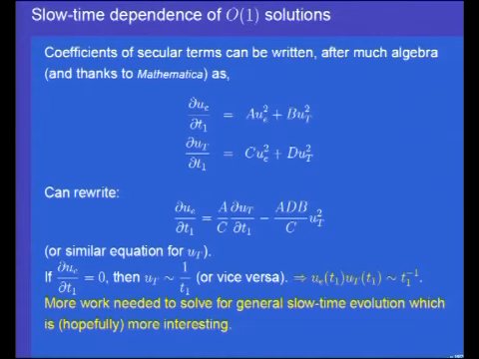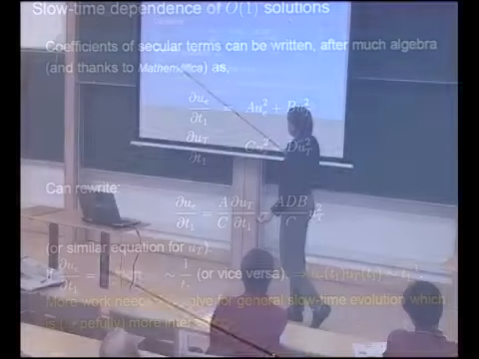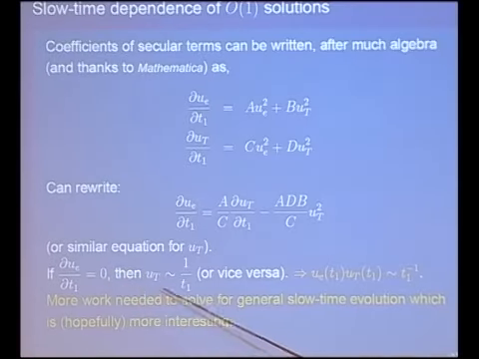One thing we can do is to write either u sub t squared as just a function of the eddy amplitude, or u sub e squared as just a function of the tidal amplitude. And when we do that, we can end up with an equation where on the left we just have the time evolution of the eddy amplitude, and on the right the time evolution of the tidal amplitude.